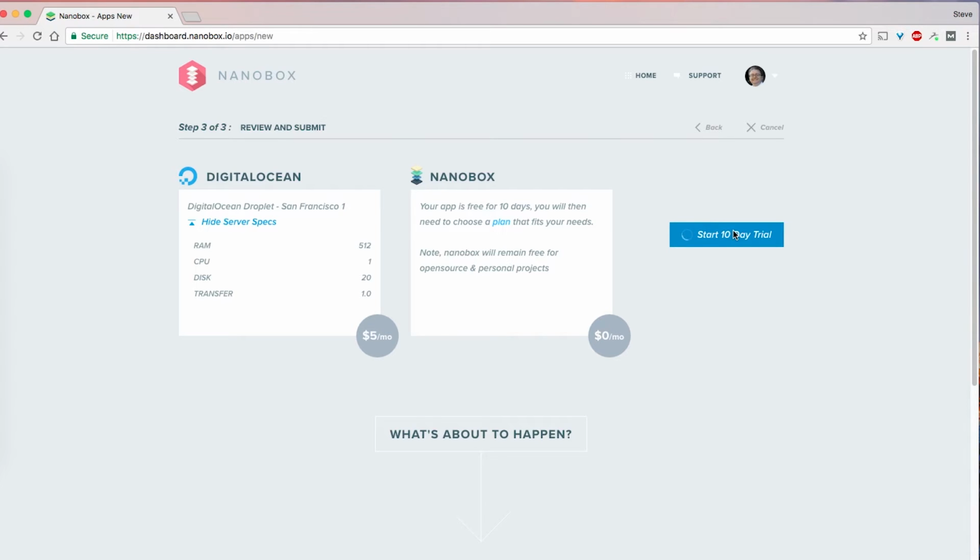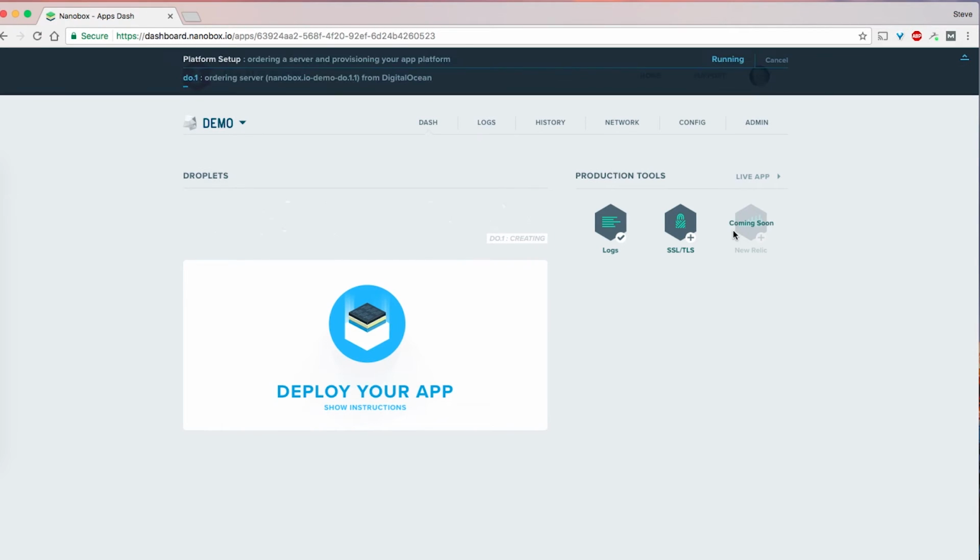What Nanobox is going to do is communicate with DigitalOcean, and it's going to provision an infrastructure for me. It's going to order a server, and then it's going to do all of the configuration on that server so that I don't have to worry about it. It's going to set up firewalls and networking. It's going to make sure all the packages are up to date. Things that may normally take hours or even days to do when setting up a new server to run an